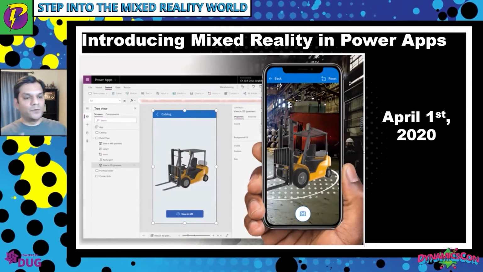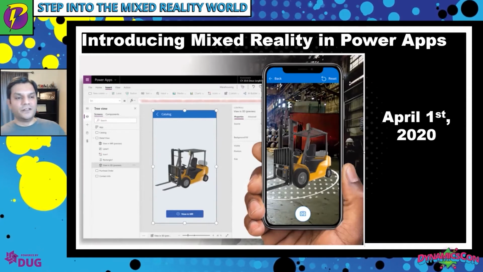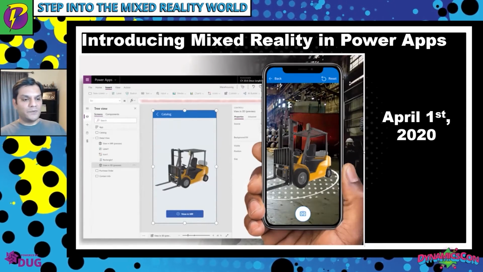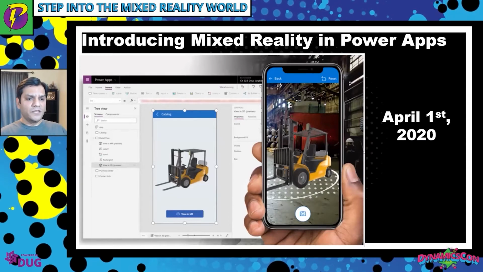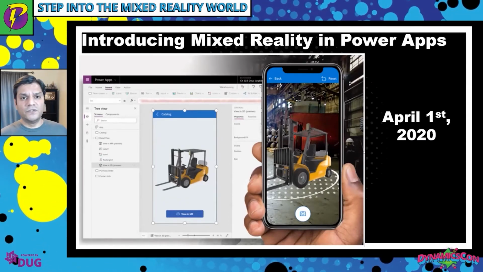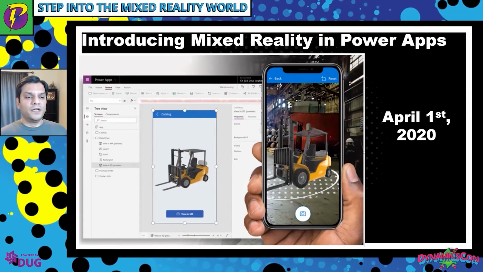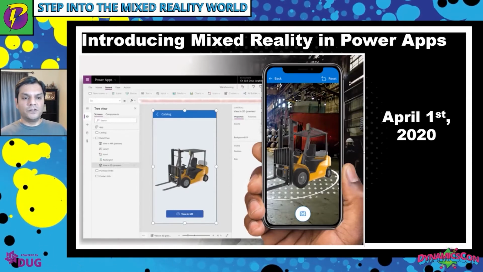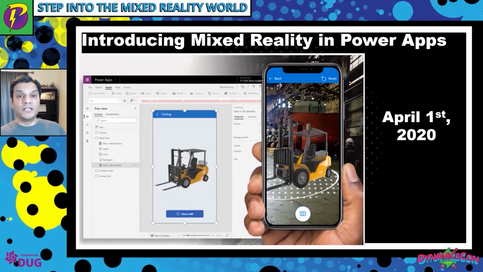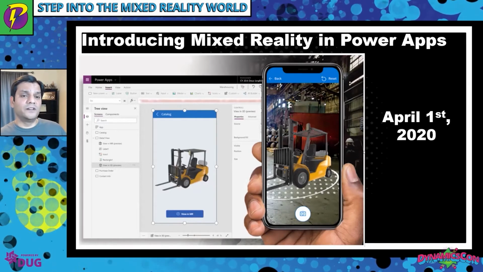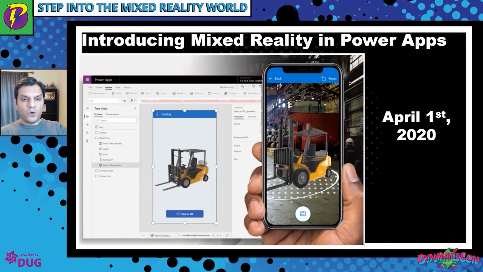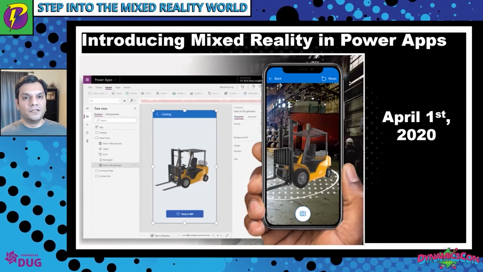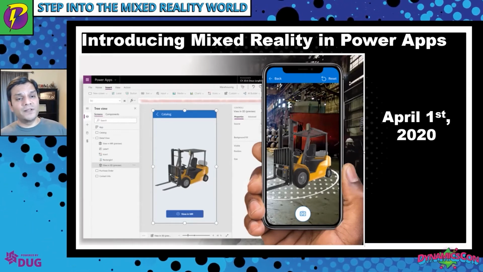So I actually ask people to focus on these screenshots, not just as a passing by, but to see what happens. Like the app over there actually has an important machine that we use in our industrial work. But instead of just having a picture, you can actually use mixed reality. Some people call that augmented reality, but it's mixed reality to actually see what that device is going to look like in your real world. But that's just one piece of it. There's a whole separate segment to that as well.